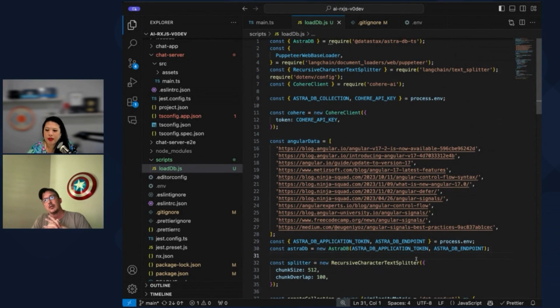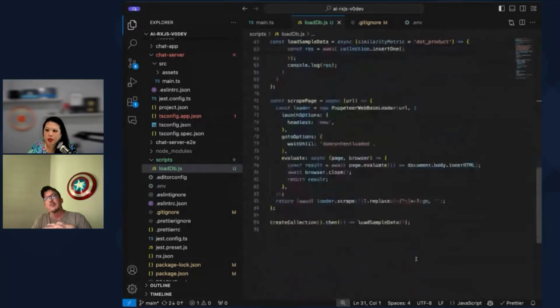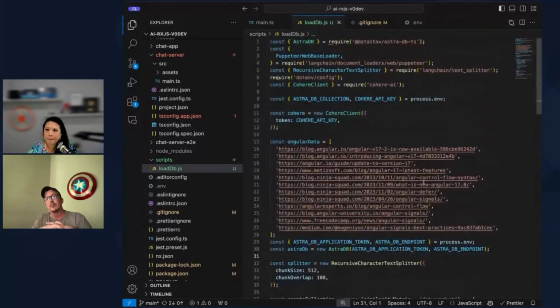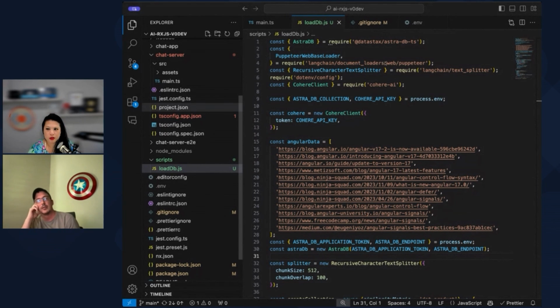But how do I run this thing? How do you run the script? For that, you just run it with node. You go into the command line, type node, and then the name of the file, loaddb.js, something like that. I'll just send it to you in chat. And then it'll just run? Yep. All right, I have doubts.